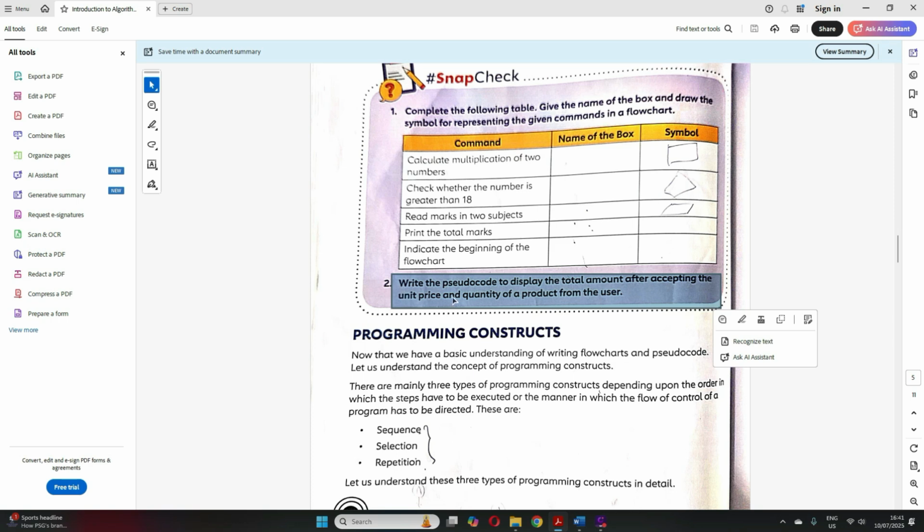So here we have to display the total amount after accepting the unit price, the price for one product, and the quantity of a product. Like if I am purchasing 10 quantities of a product, and the cost of one is 5 rupees, so for 10 I'll pay 50. So that 50 amount, the total amount, we have to display.